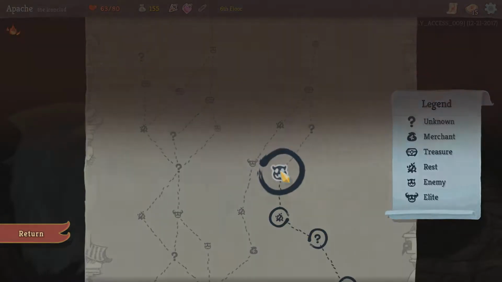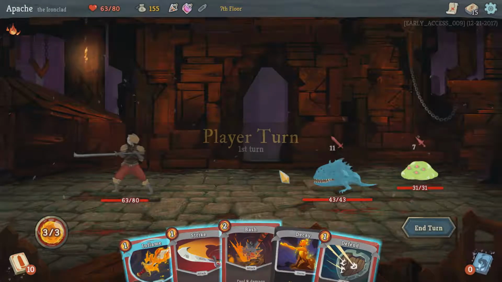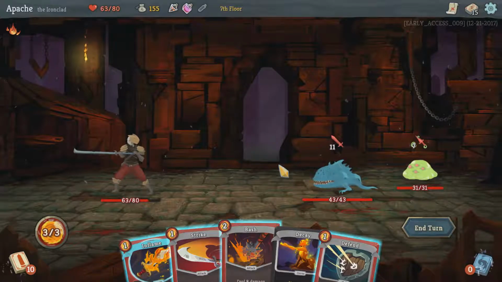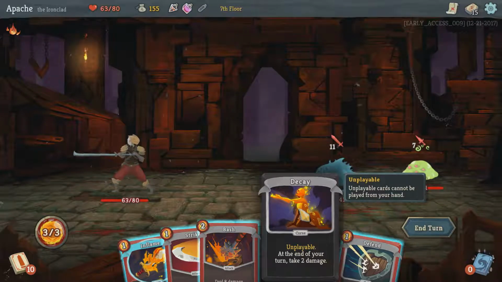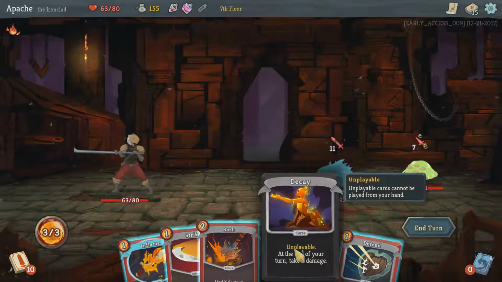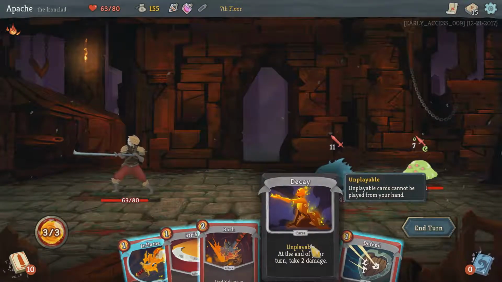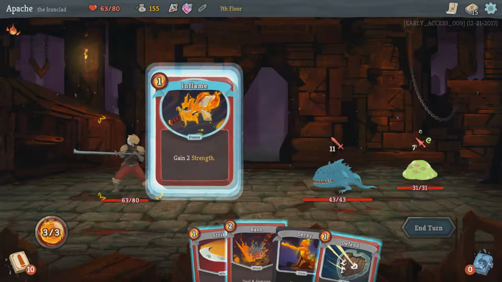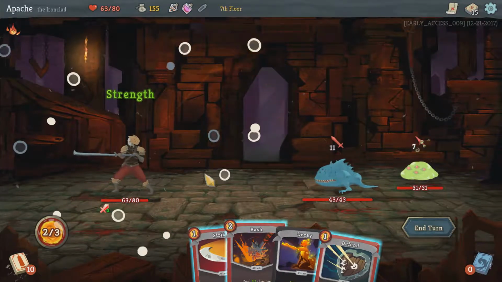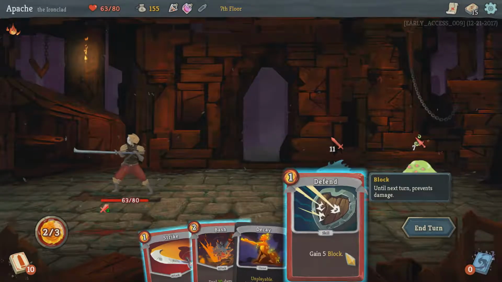I don't like the fact I've got this curse. At the end of my turn I lose 2 damage every turn, so... yeah. Is it only if it's in my hand? Maybe? No? Oh, I can remove it from the deck. Right, so I need a merchant or a mystery. So I'm going to go straight for a buff here. I'm going to go for a...